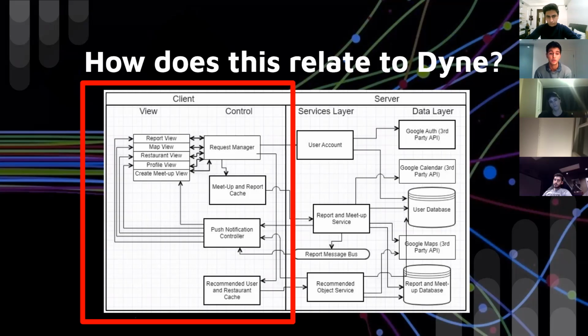That connects to your data layer, which has all your databases, your APIs. So for us, we have a meetup database, a user database. We use Google Authentication, Google Maps, Google Calendar for a lot of our functionality. And then you can also see the report message bus, that's great for notifying a lot of people at once. These are topics that are really high level, but it's important to understand how your application looks